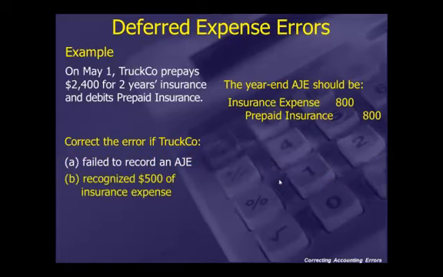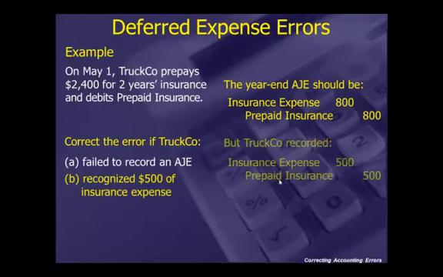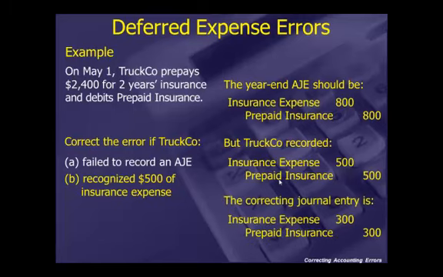If we recognize $500 in insurance expense, then what would initially be recorded is insurance expense for $500, prepaid for $500. That's too little. We need an additional $300, so we'll have to debit expense, credit prepaid insurance for the additional